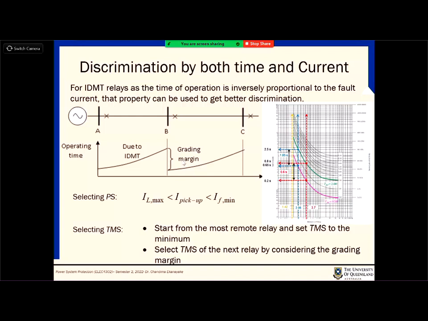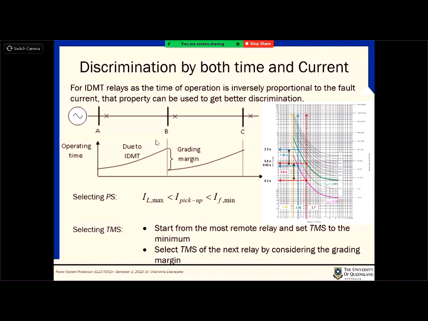Once you fix those two, then you can say that you fix the operating curve. If you fix the time dial setting, and if you know what your pickup current is, then you are working along one of these curves because your time dial setting is fixed now. Let's say you are working on this one, this curve,